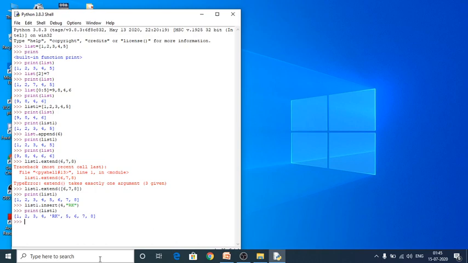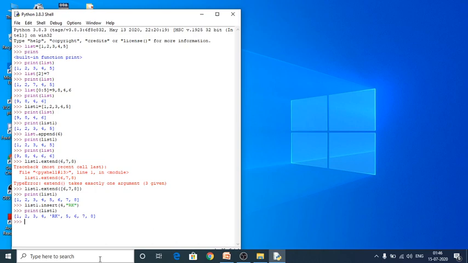So next one is deleting. We can delete the elements of a list in 2 ways. One is the del statement, next one is the remove statement. So what is the use of these two statements? Del statement is used to delete known elements, whereas remove function is used to delete elements of a list if its index is unknown. The del statement is used to delete the elements with the index value.